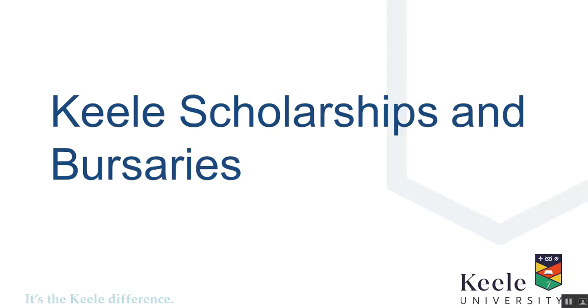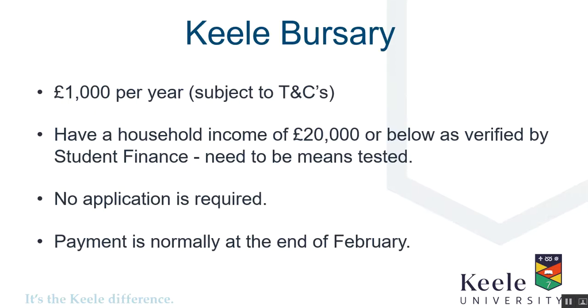We'll now move on to look at Keele scholarships and bursaries. The Keele bursary is worth £1,000 a year, subject to terms and conditions. To be eligible, you need to have a household income of £20,000 or below and be verified by Student Finance. No application is required. We'll email you to let you know, and payment is normally made at the end of